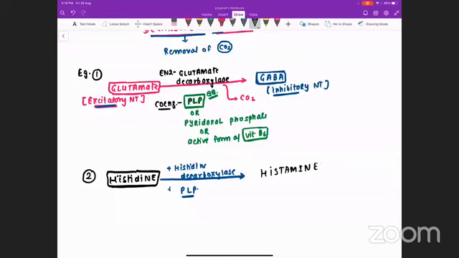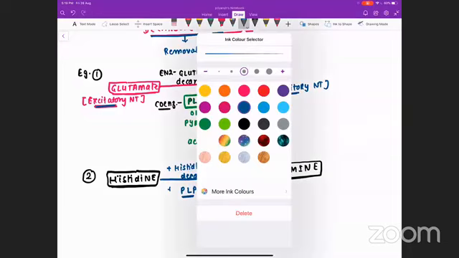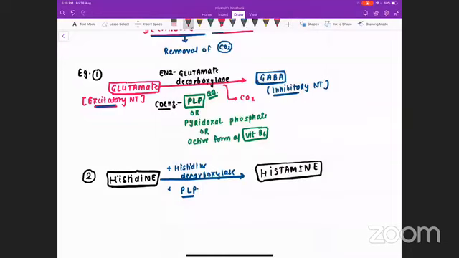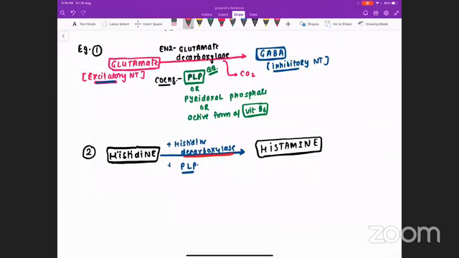The question that was asked in your exam recently was, when histidine converts into histamine, what is the name of the reaction? It is a decarboxylation reaction. When histidine converts into histamine, the name of the reaction is decarboxylation. A few more examples, but the first two are the important ones that you must remember. The remaining are just to complete your notes.